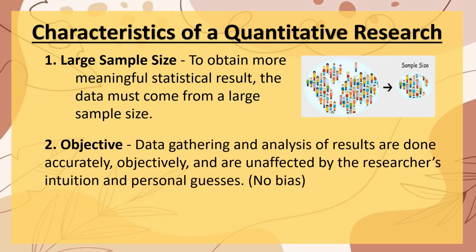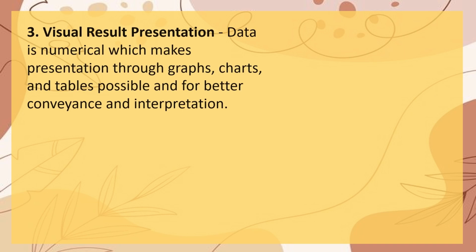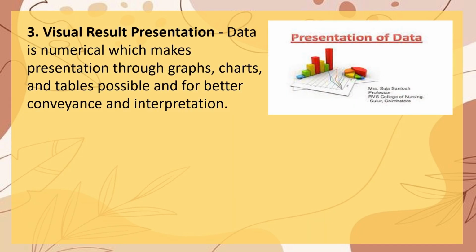Second is objective. Data gathering and analysis of results are done accurately, objectively, and are unaffected by the researcher's intuition and personal guesses. Number 3 is visual result presentation. Data is numerical, which makes presentation through graphs, charts, and tables possible for better conveyance and interpretation. These visual methods help researchers quickly convey key findings, patterns, and relationships within data, improving the clarity and impact of